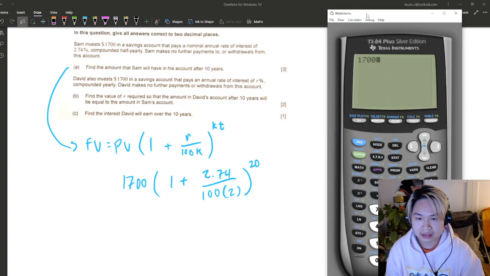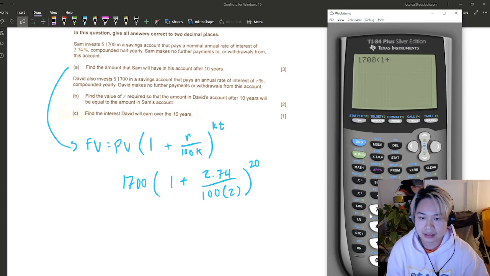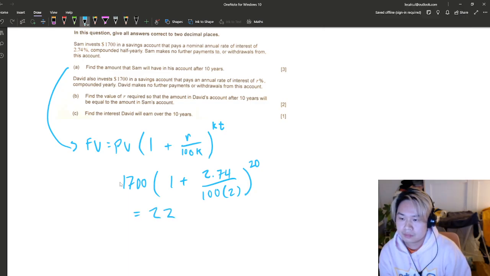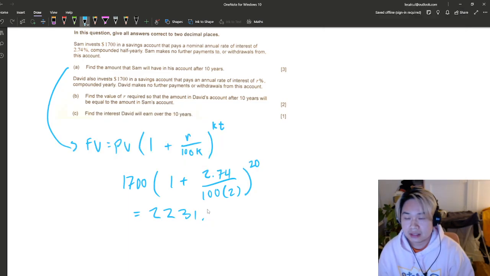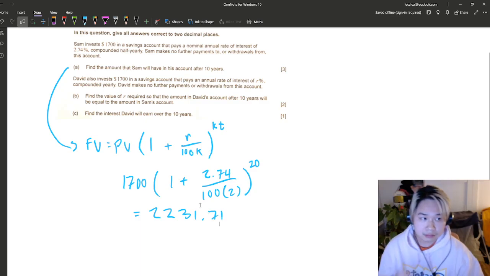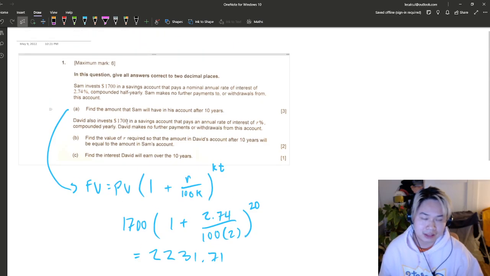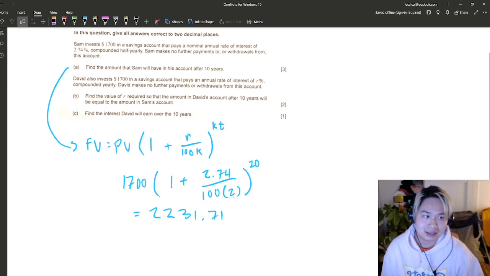Okay, so 1,700 bracket 1 plus 2.74 divided by 200 bracket to the power of 20. So after 10 years, you got $2,231.71. And I know normally there's 3 sig figs, but of course it's talking about money, and they even tell you 2 decimal places because it's